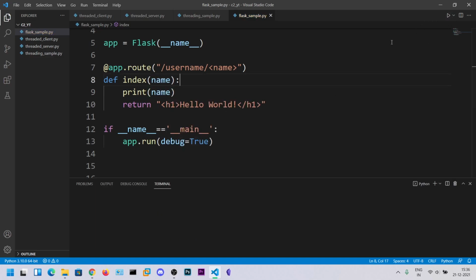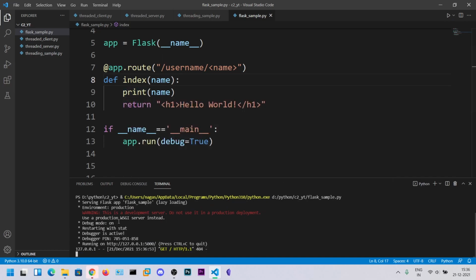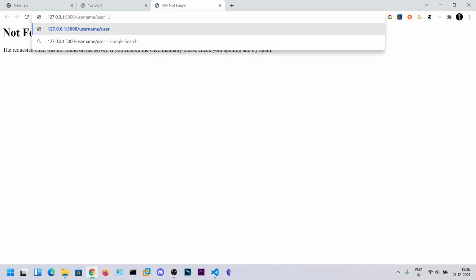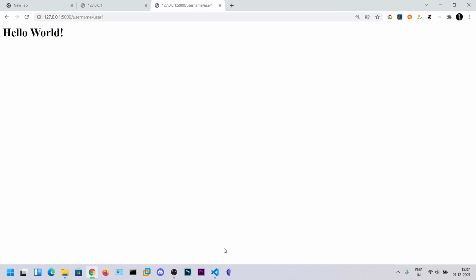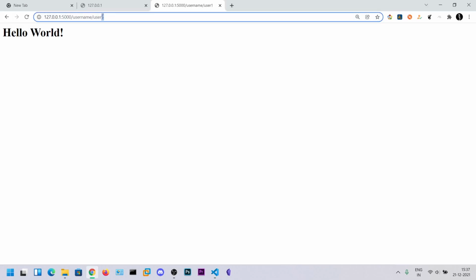Let's run this and open /username/user1. We got the hello world, and you can see the value of the name variable, that is user1.